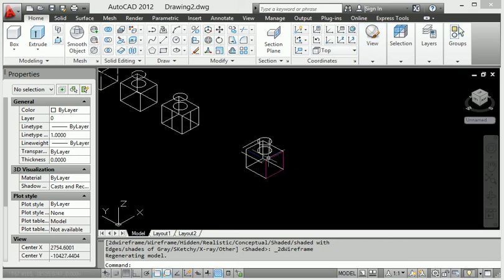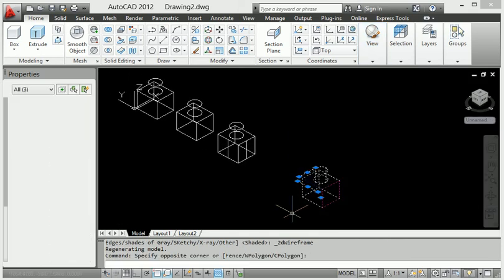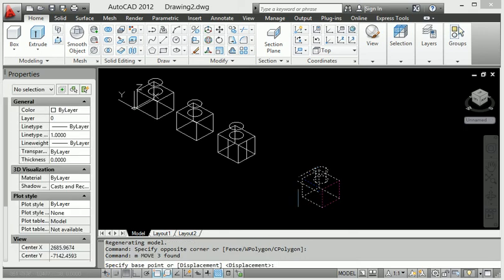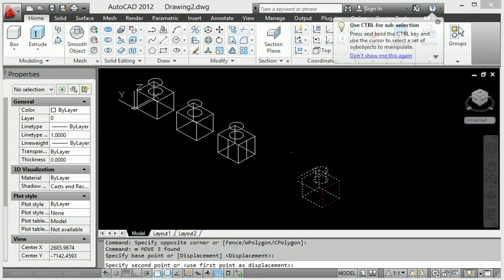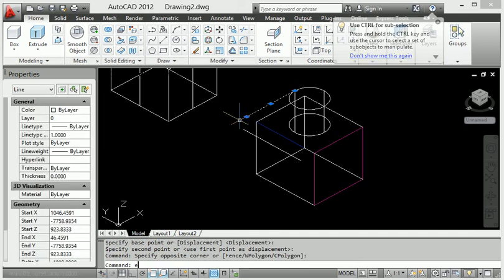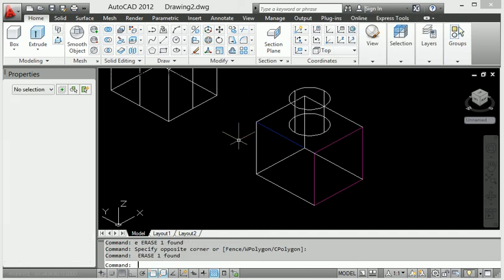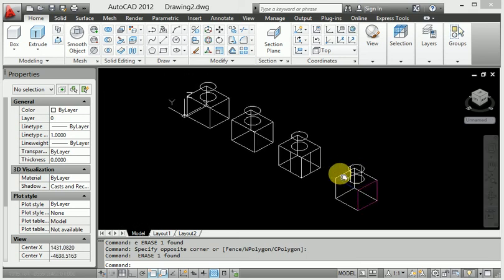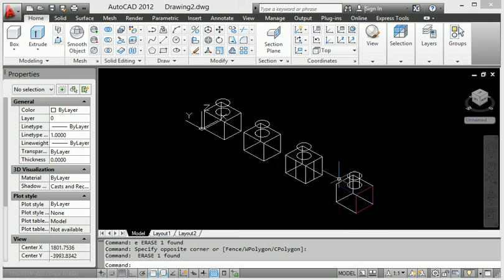Look at this, in the 3D wireframe in AutoCAD it provides the particular color right now. This is the copy line and this one is also a copy line, but this one is colored. So it is very easy to work with extract edge and